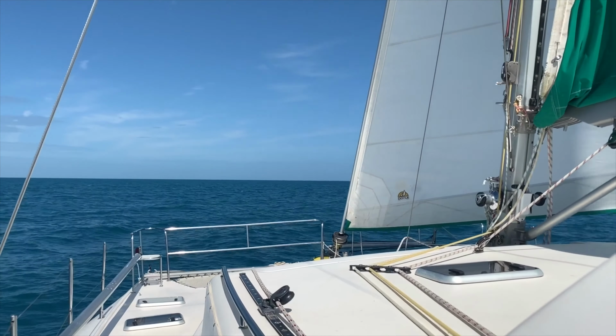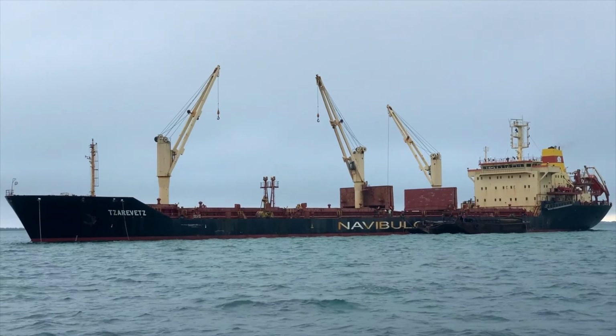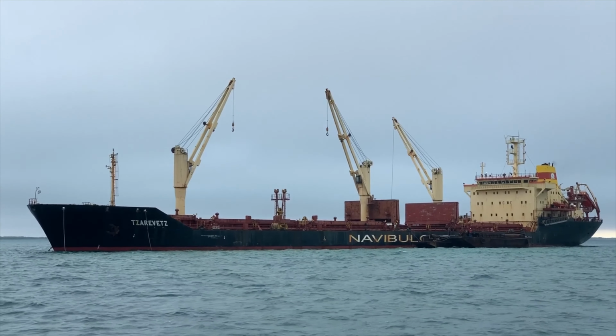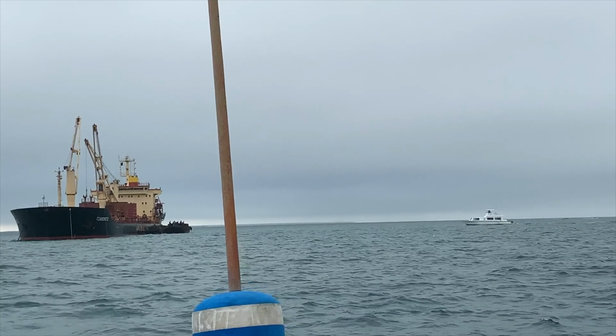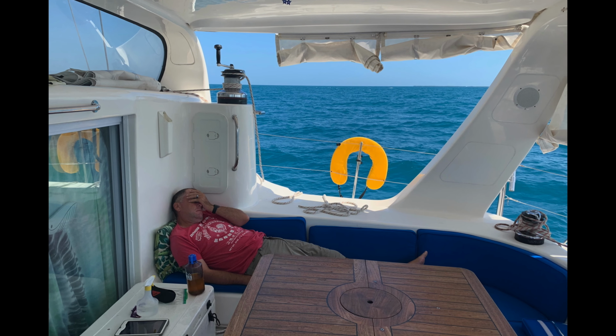The next morning we were off again, parting ways with the deeper drafted monohulls. They needed to take an outside route, and we opted to stay in the inside passage and try our luck with Porto Stuck. We fished our way across the English Channel, where big cargo ships and cruise ships come into Belize City, and watched how the crew was shuttled on and off this ship. Dave was able to rest until...